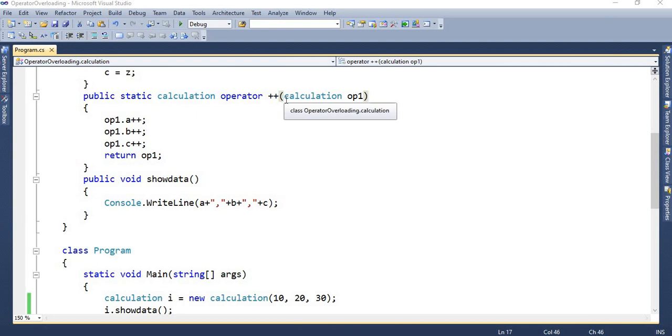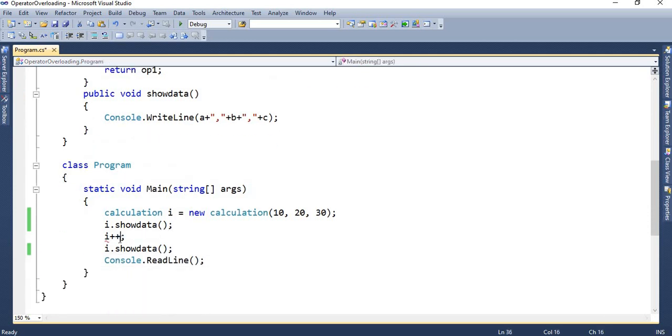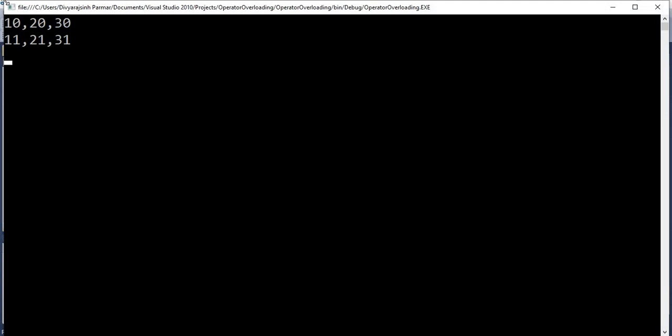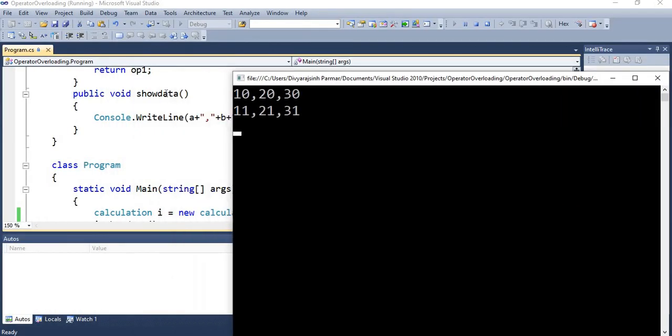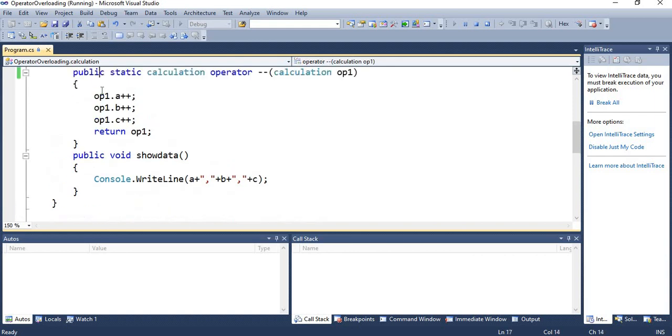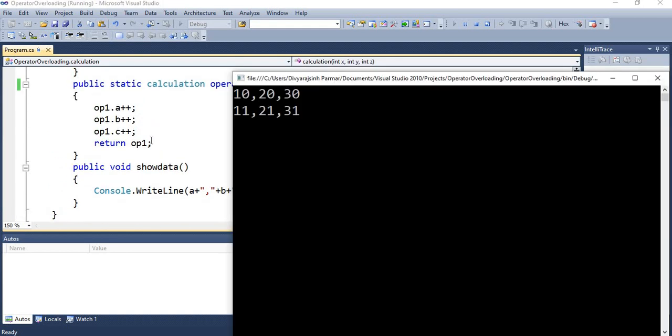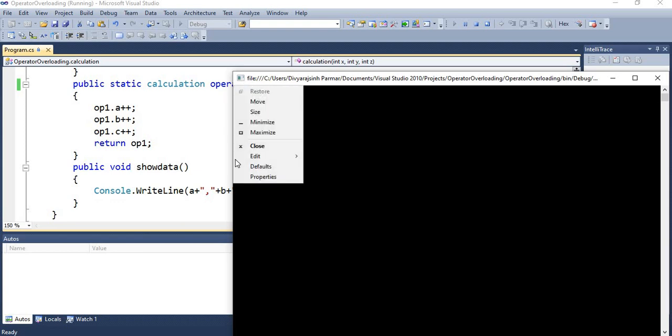For example, I have mentioned over here minus minus, and then call the operator minus minus, and it will give me output like plus plus, because I have written the code here as plus plus. So you can change the actual meaning of an operator with the help of operator overloading.